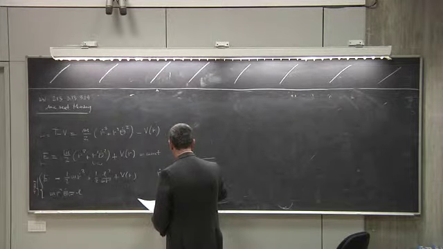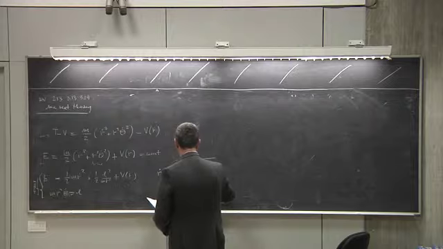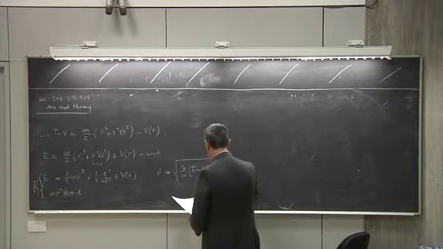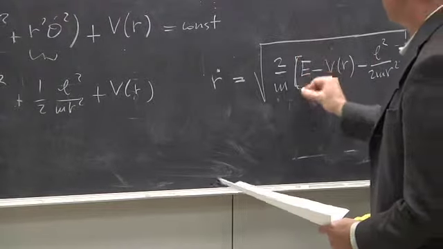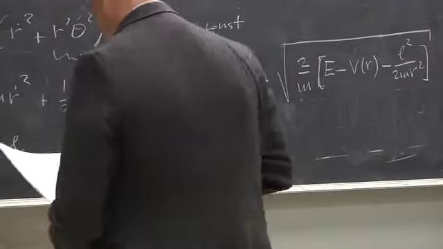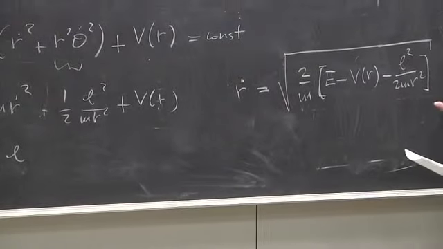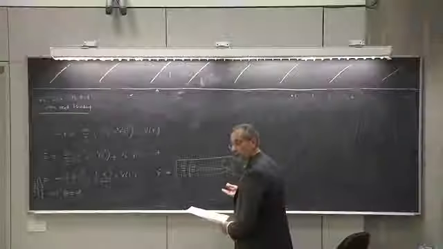2m(E minus the potential) really is the effective potential, because I also have, now I keep it explicitly, this funny term that comes from the square. And you see that this I can integrate, right? If you tell me what this function is, then t, because this is the, let's switch to,